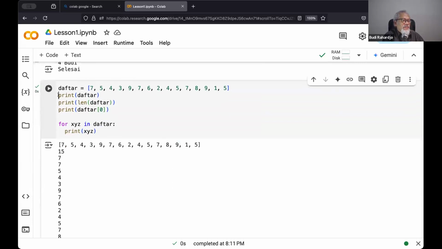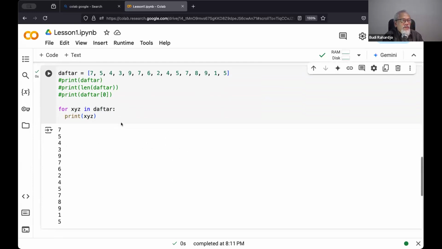Let me just put comment into this. Okay, I can do this, right? I can run it again, and it will only print this one. So this for loop can go through the content of a list. You can also have